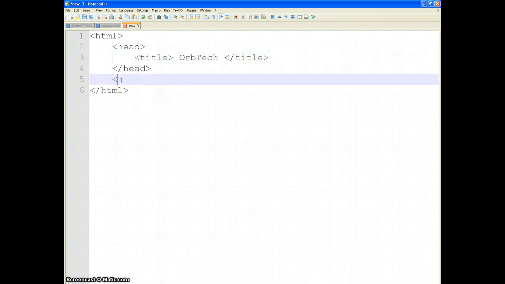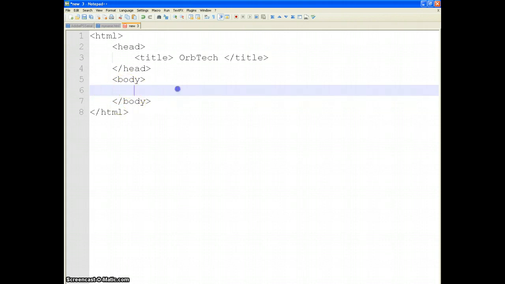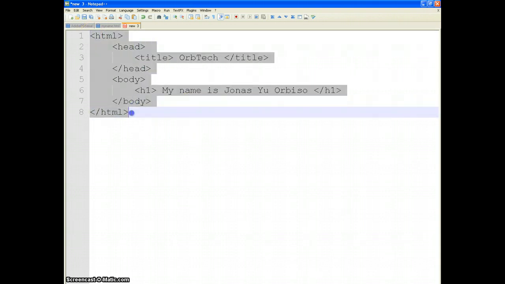And for the name, where we put our name, we need to put it inside a body tag. This tells the web browser that anything inside here is in the body. And then I'm gonna use the h1 tag. This just tells the browser to display the contents here in big bolded letters. So I'm gonna type, my name is Jonas U. Orbiso. So pretty much this is our basic HTML file, but the web browser cannot interpret it right now because